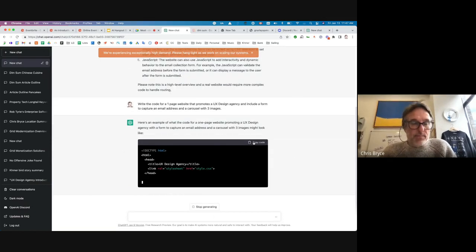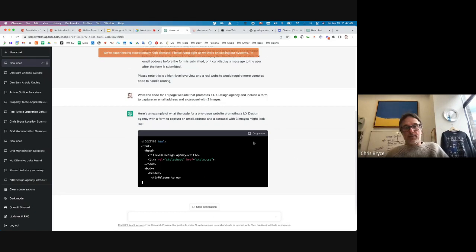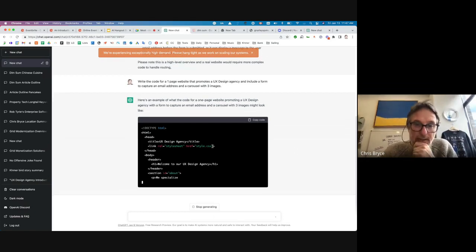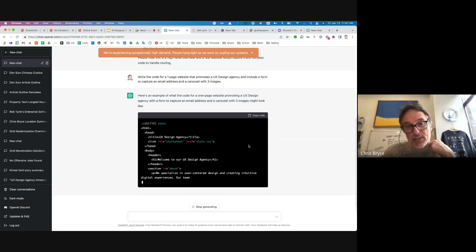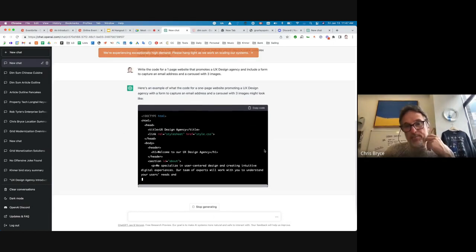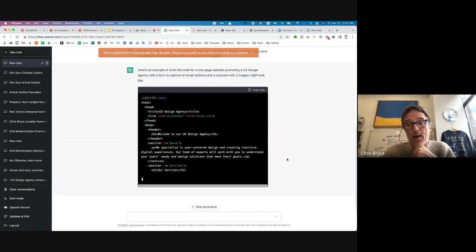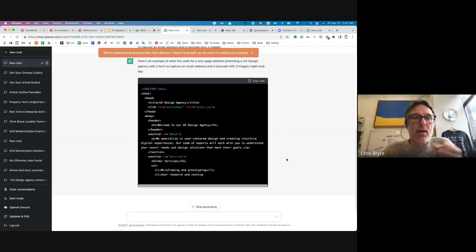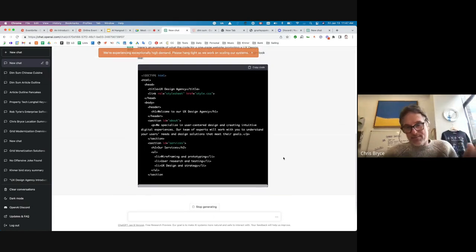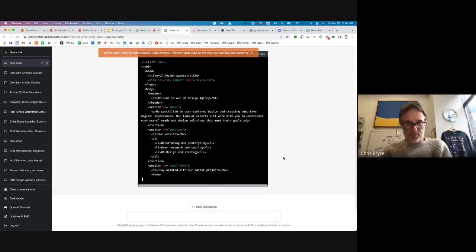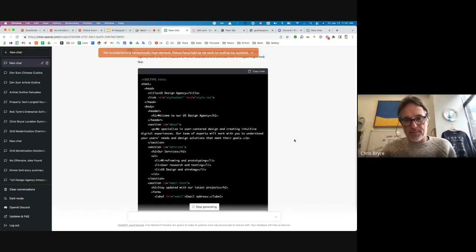So I won't go through all of this because it'll take a few minutes, but this will write out the entire HTML, CSS, and JavaScript. To get a little bit more advanced, we could ask it to write out just the JavaScript for a five-image carousel that has each image fade in as it rotates through the carousel, or something along those lines.